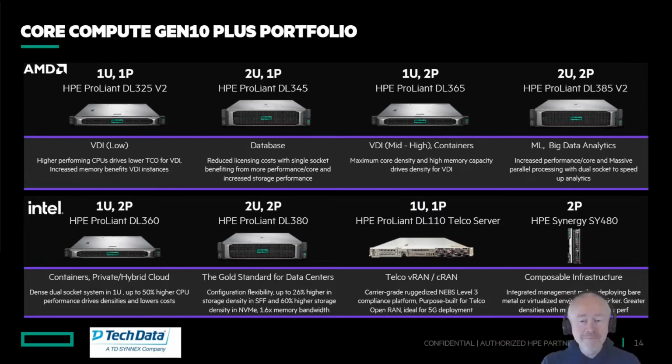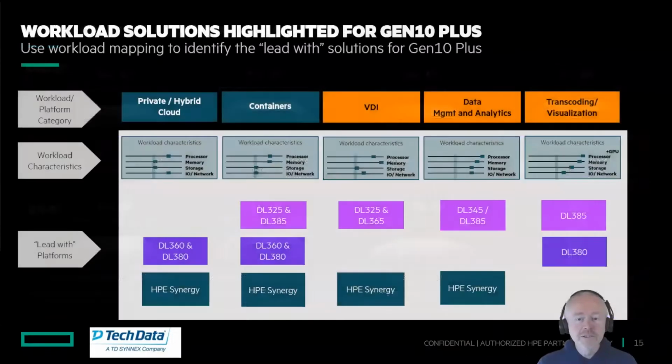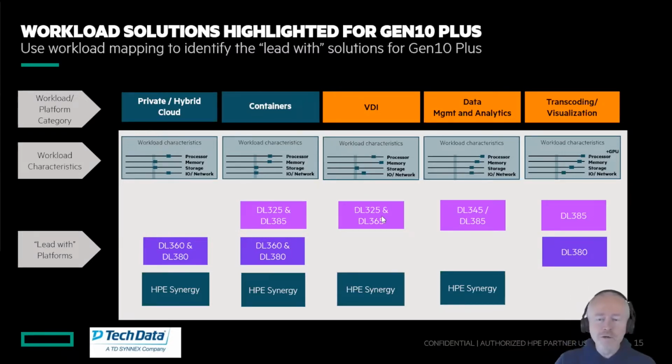But in the AMD models, the latest version you're going to see in a minute, this is because of AMD releasing updates on their CPUs with Milan and Rome, and Genoa that is coming soon as well, their next generation CPU. But the latest and most performant AMD models we call Gen10 Plus V2. Now, I added those slides in here just to show you that, as you can see, the higher it is, the more performance that you get,